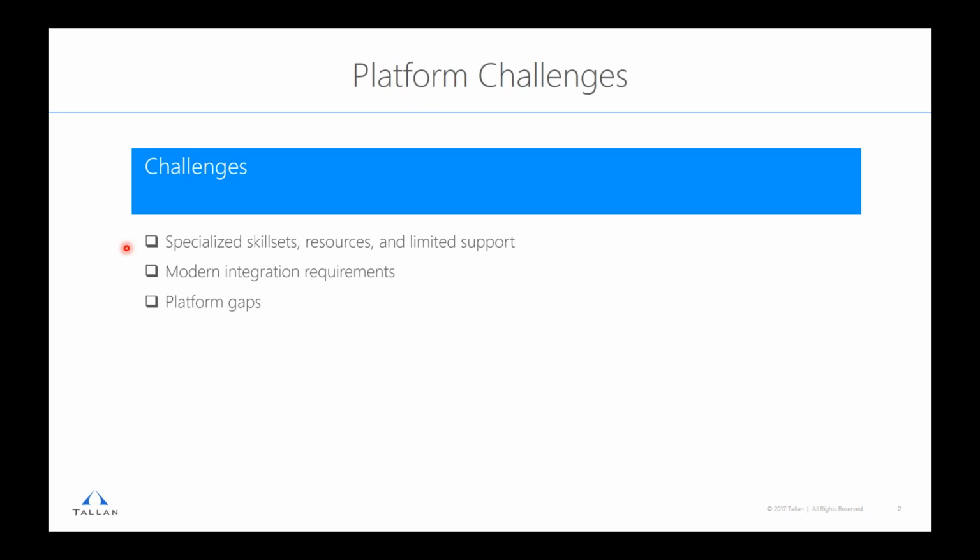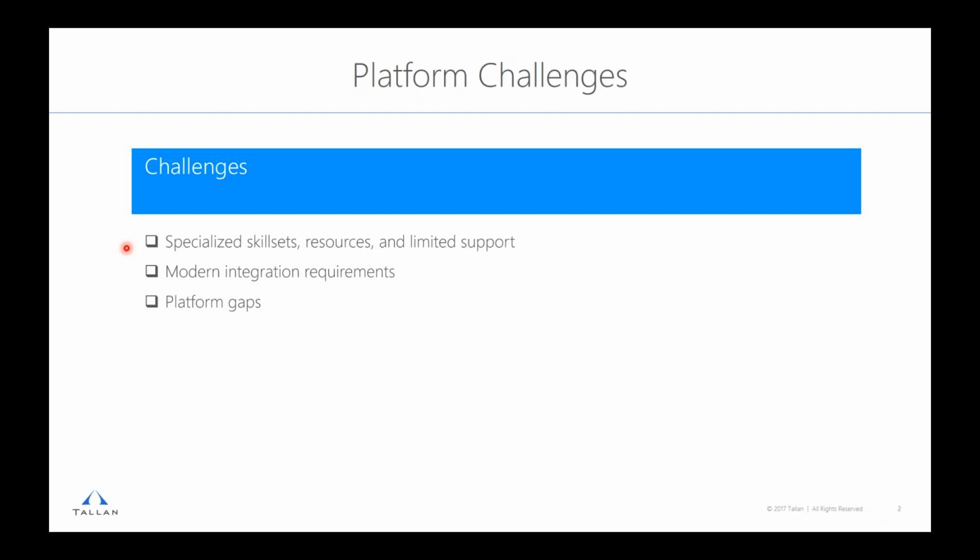The next area is around modernizing your integration requirements, and this is really around the rise of Internet of Things, the challenges around mobile development in terms of API-led integrations, and we're in a whole different world now of integration, and integration can be the backbone for modernized integration patterns. I'm going to talk about some of those new integration patterns, some that's on Azure, some that's on BizTalk, and a little bit in between.